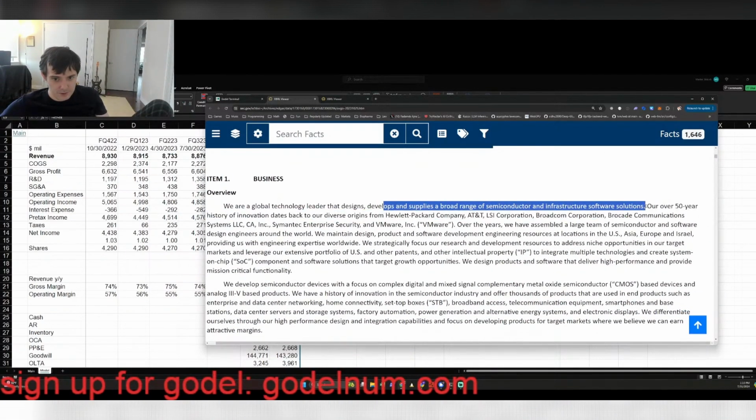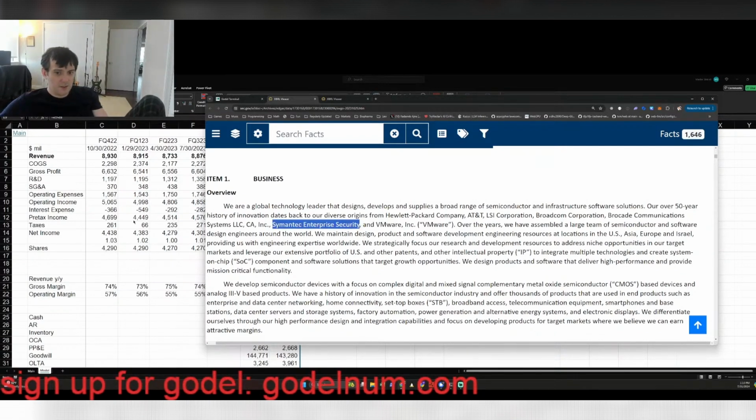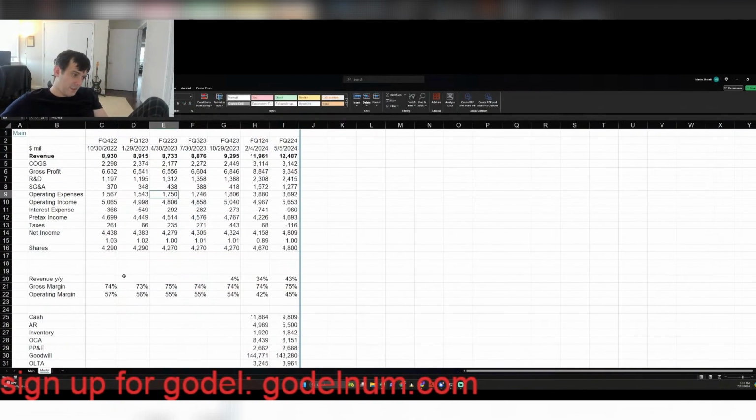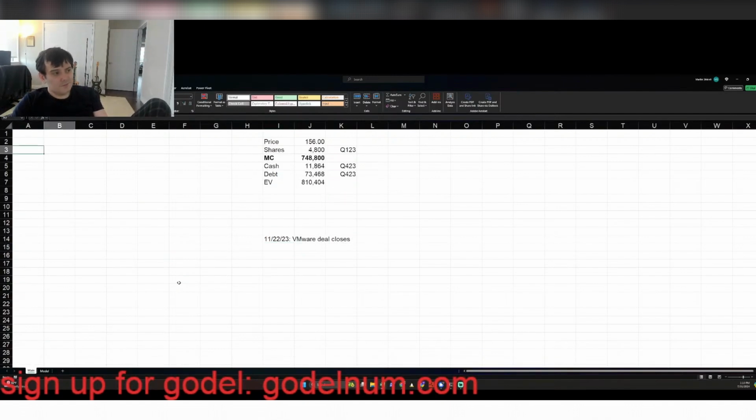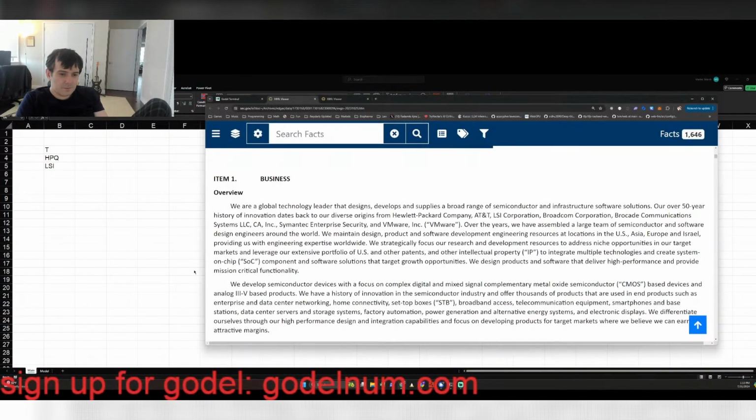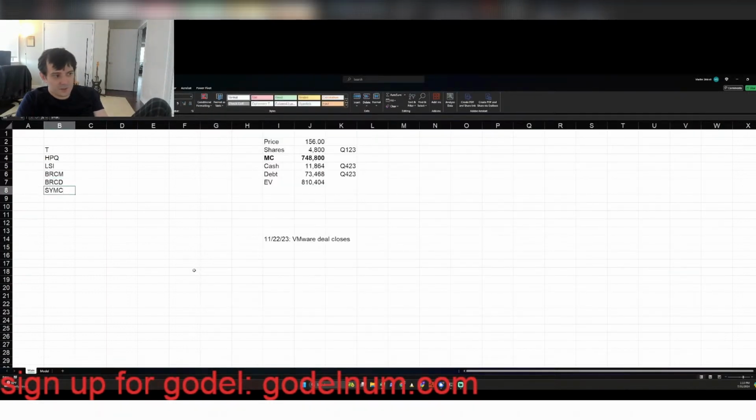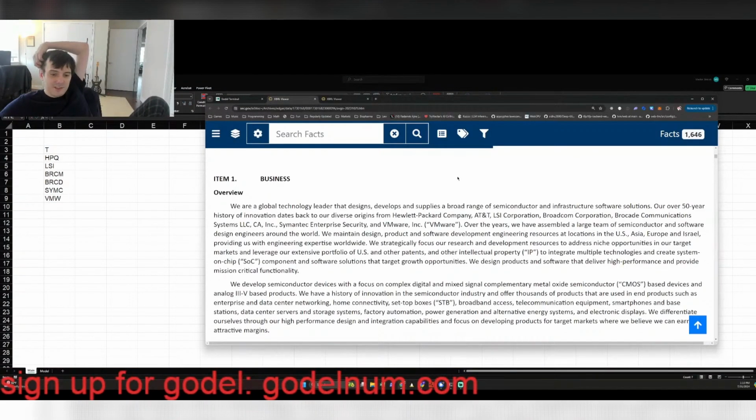Semiconductor and infrastructure software. I guess they had Symantec. They were Symantec at some point. That was a big software company. Obviously VMware, Broadcom. I didn't know they were LSI as well. And I don't know what they bought from AT&T. These all used to be publicly traded companies. So this is like a conglomerate of all these old, not shitty, but all these old